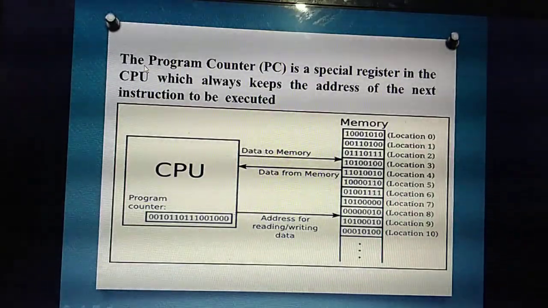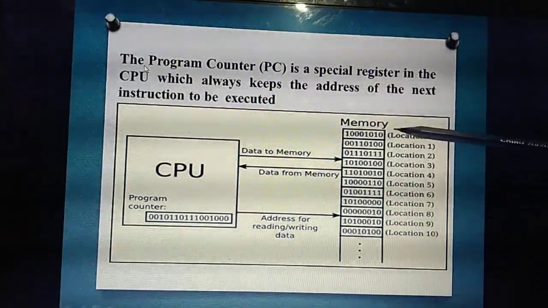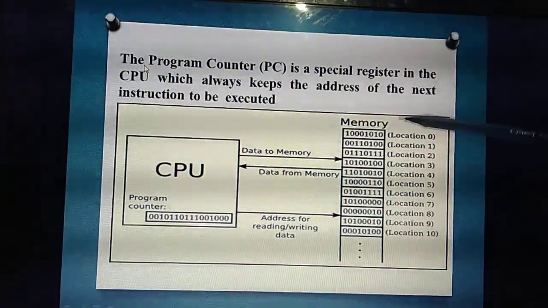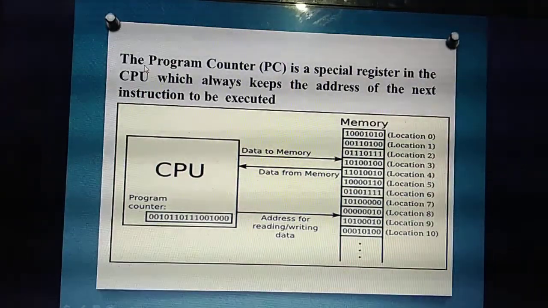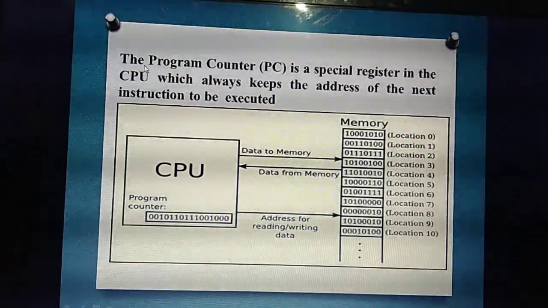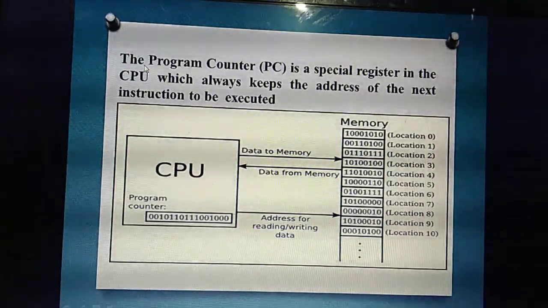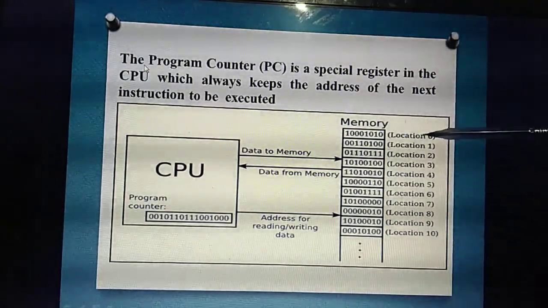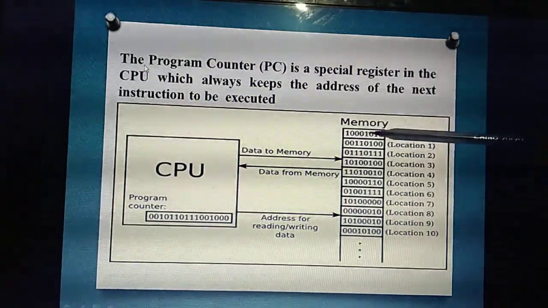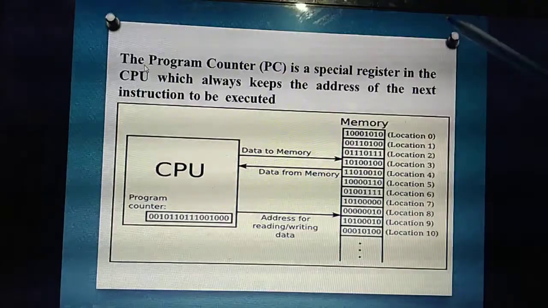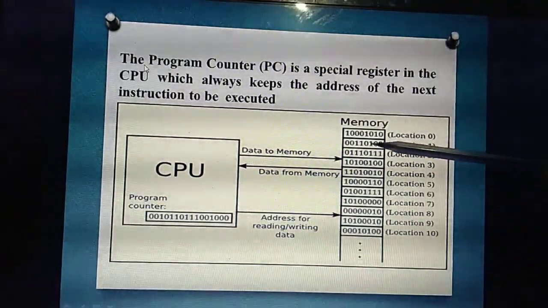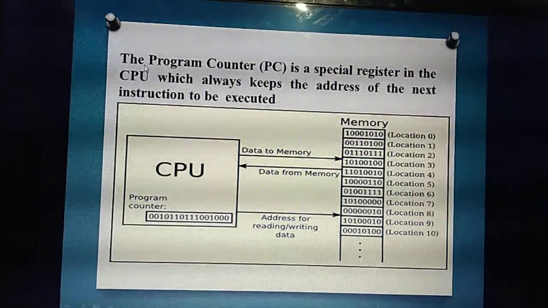So what are the things you are storing inside the memory? Memory stores things based on memory addresses. All the things are stored in the form of bits. What do you mean by bits? 1s and 0s. For example, this is a location, first address, location 0. In location 0, some message is stored in the form of bits, 100, 101. Next, location 1, this is the memory address, location 1, next instruction. Likewise, a lot of things are stored.